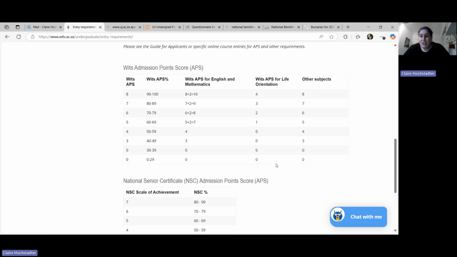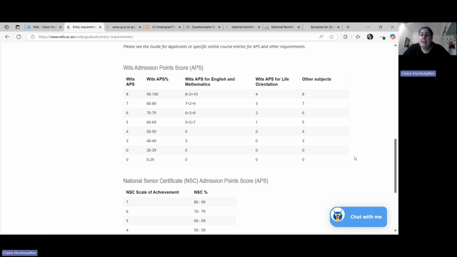So hopefully this means that you definitely have your English home language and your life orientation written on your table. If you take core maths, you also have that. For your FAL, your mathematical literacy, and your 3 other subjects, you are now focusing on the last column of this table. So you will see at WITS that for any of those subjects, a